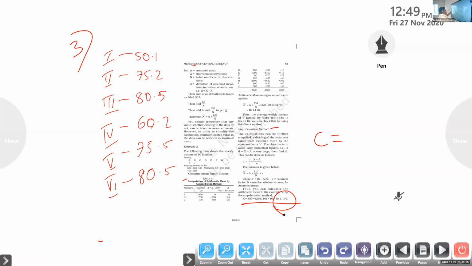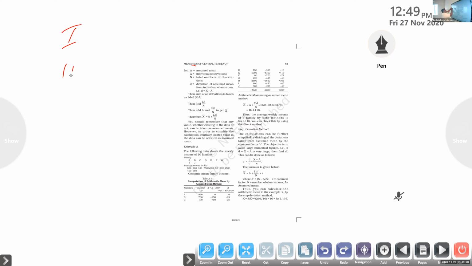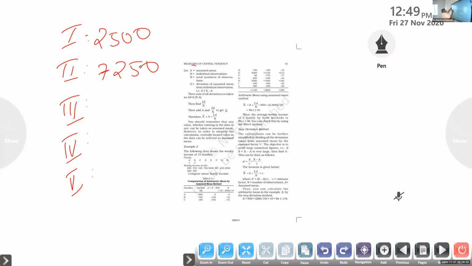Again, the fourth homework: find out the arithmetic mean by the step deviation method. There are five families. Their incomes are 2,500, 7,250, 9,000, 1,225,